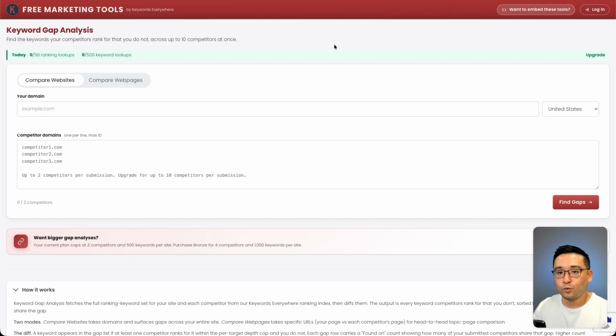Now, to find the keywords that our competitors rank for that we don't, we need a tool. And today we will be using a tool from Keywords Everywhere called the Keyword Gap Analysis tool. And this is totally free to use. With the free version, you have 50 ranking lookups, including 500 keyword lookups per day, and you can add up